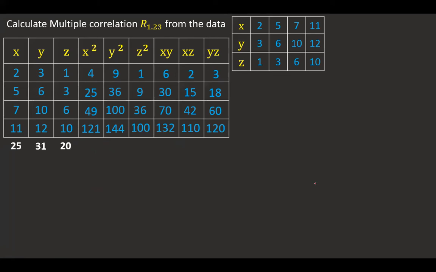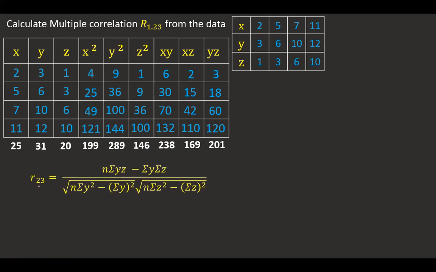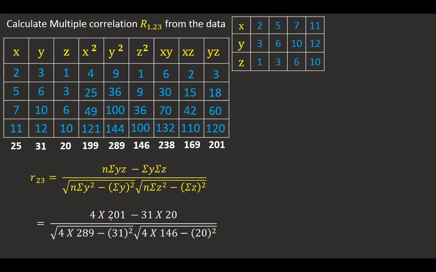Similarly, I'll use the formula. The formula is a little different here. You have to note down the formula. You see the formula here now. For 2, 3: x is 1, y is 2, then z is 3. So 2, 3 means I am changing the formula for y and z. Here in the formula, y and z are used instead of x. There won't be any x here. The one point you have to note down here is how to alter the formula according to whatever is asked. So I am going to find out R23 here.